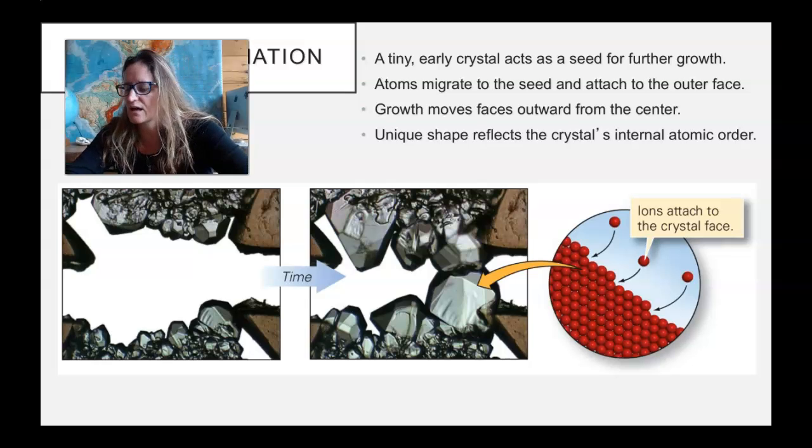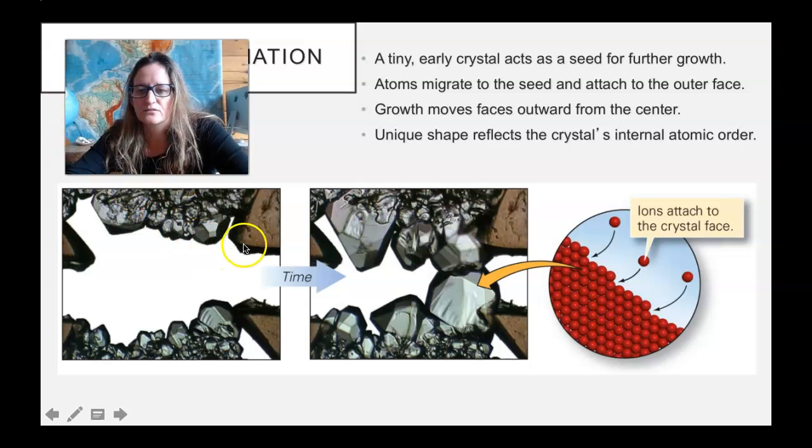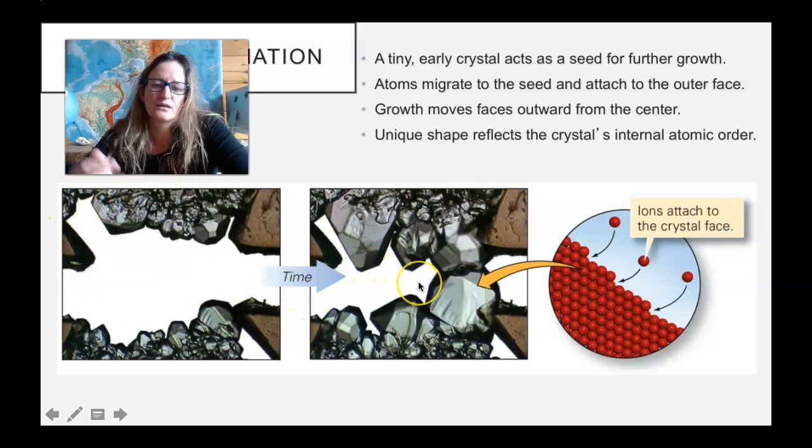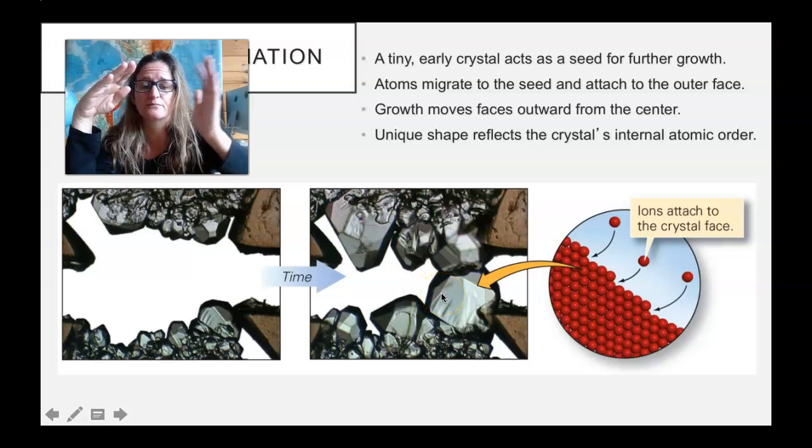So the inside of this void, I guess that would be the inside, is the newest part, and the oldest part would be the rim around it. So over time then, going to the next block, that void space can fill up as atoms attach to